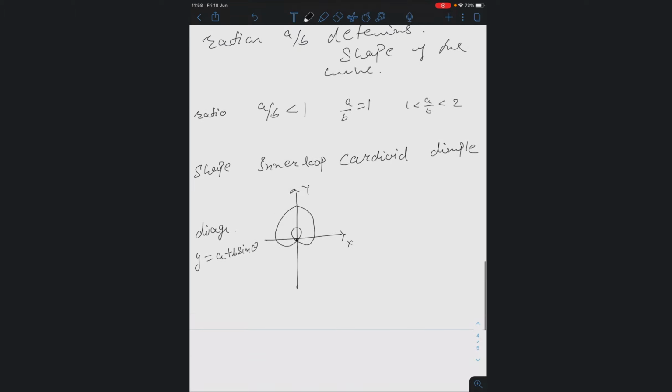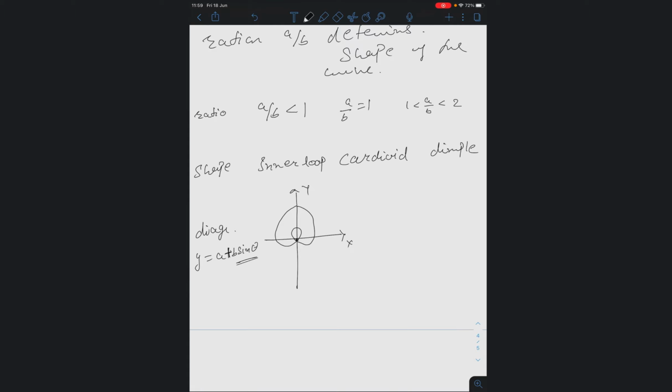Now I have considered plus sign here. So maximum portion will be on positive y-axis, because of sine function. Plus is there, therefore I will have it on positive y-axis. Instead of plus sign, if I had written minus, then I will get the same graph in the opposite direction of y-axis. Understood? On negative y-axis I will get. Got it, all of you?